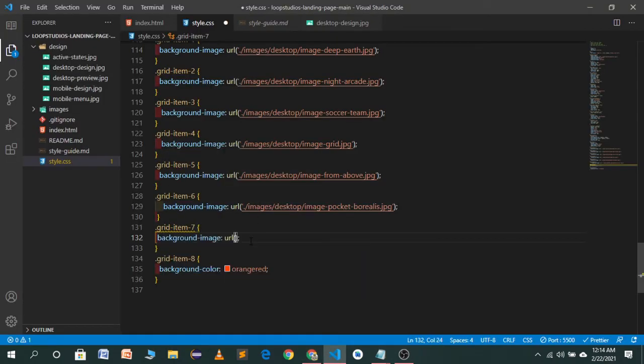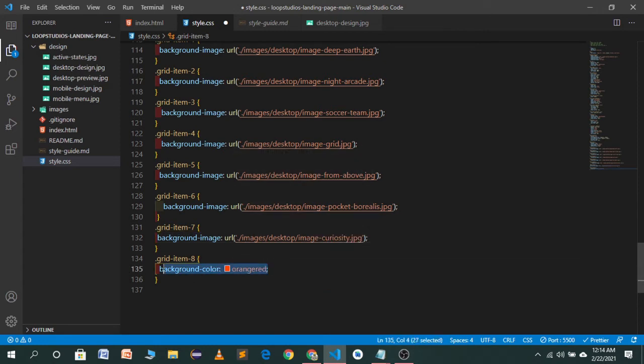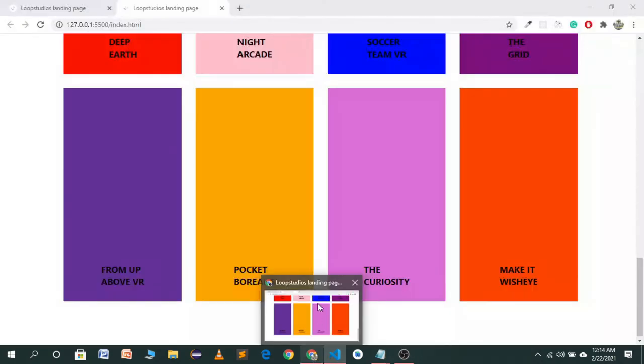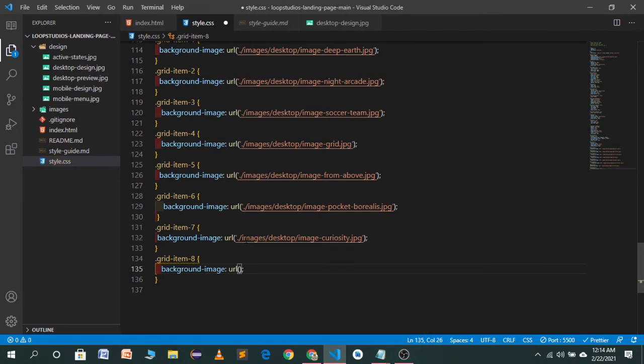So the background image will be dot slash images folder, desktop folder, curiosity, and the last image will be this one. I will also go to the images folder design. So here we have this one.